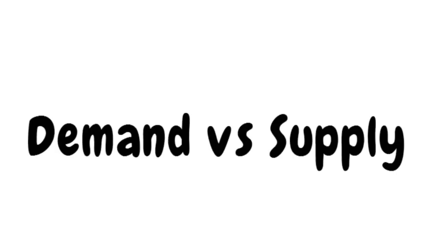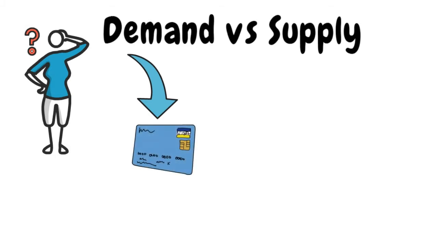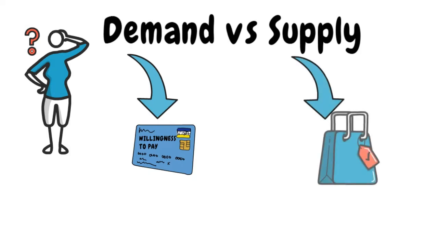As previously mentioned, stock prices are determined by demand and supply. But this begs the question, what actually determines the level of demand and supply for a stock? Well, first, demand simply represents what a person is willing to pay for a given quantity of goods or services, and supply represents the price at which a person is willing to sell.